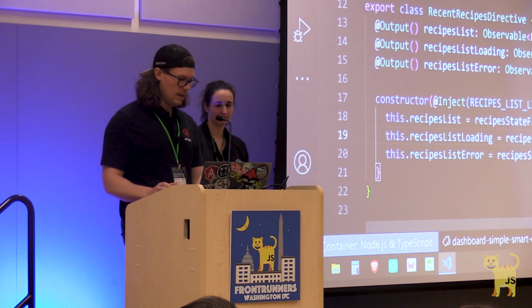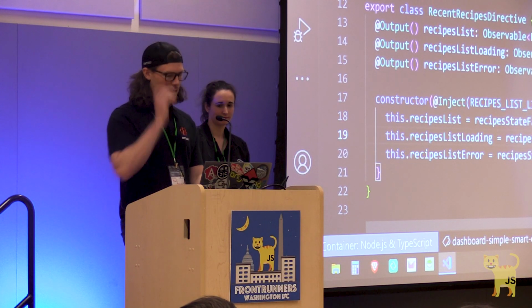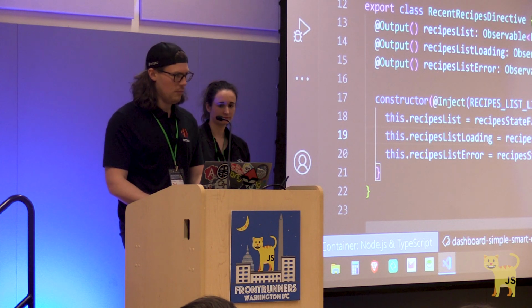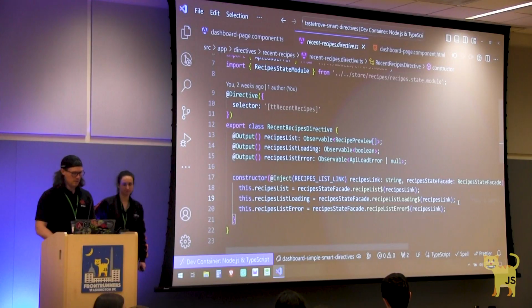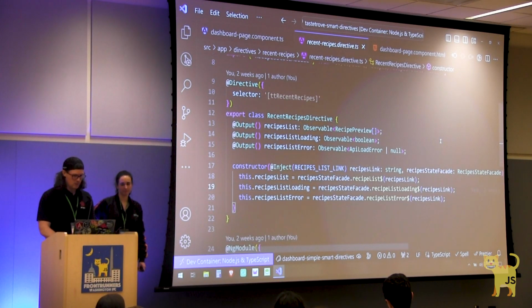One important thing to note here is that you need to make sure that your outputs' observable streams are fully set up before you hit the ngOnInit phase, because the outputs need to have that whole pipe ready to go by the time the Angular renderer would be linking all your outputs up to whatever callbacks you have. So if we take a look at how this works when we look at the template,